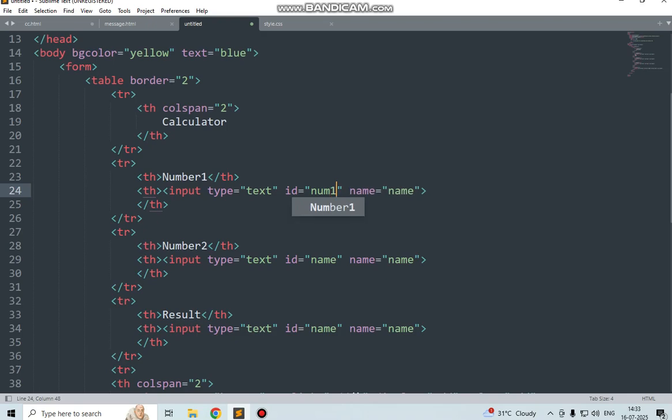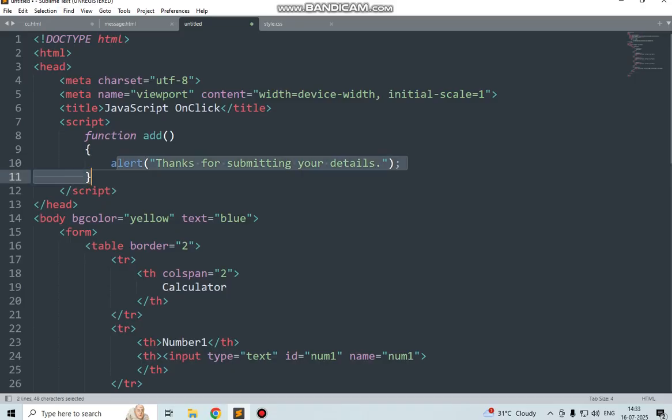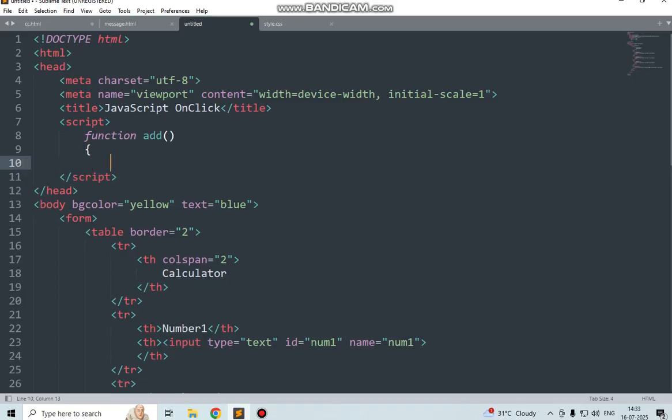ID number 1, number 2, number 3. We are coming to add function. In add, we are taking variable a, prompt, alert